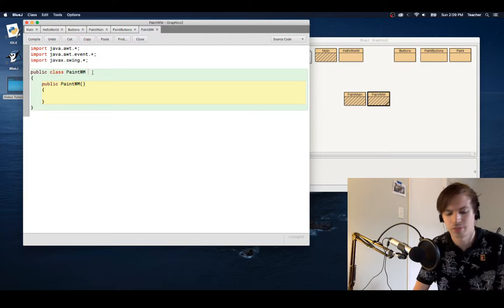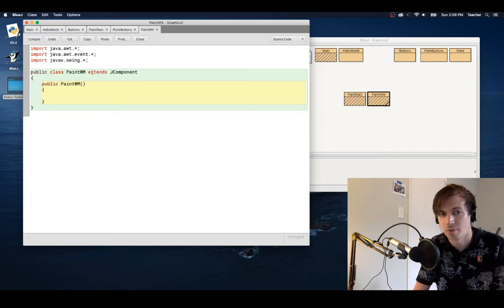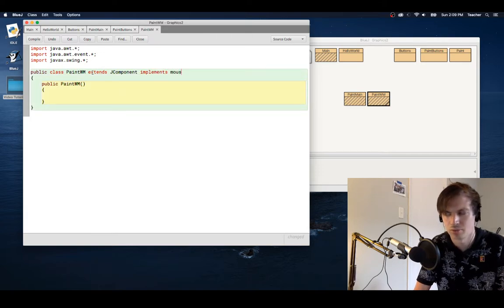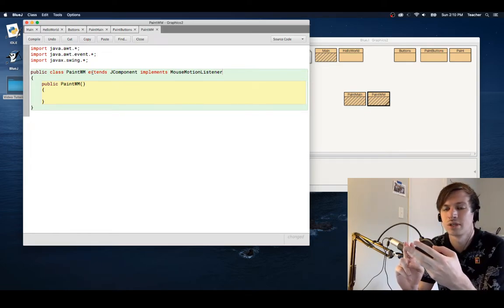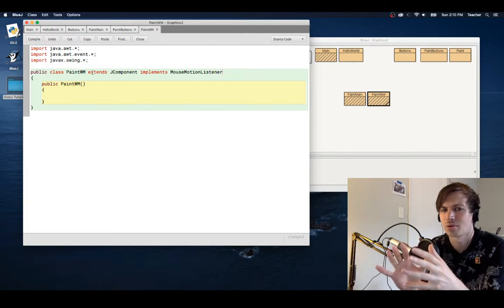So the first thing that we want to do is we need to extend our JComponent, because that is going to be the location in which we are drawing. So we're going to extend our JComponent, and then because we want to implement our mouse moving around, we are going to implement MouseMotionListener. There is also MouseListener that keeps track of whether or not you clicked, released, pressed. There's a lot of other ones within the MouseListener, but right now we're just going to focus on